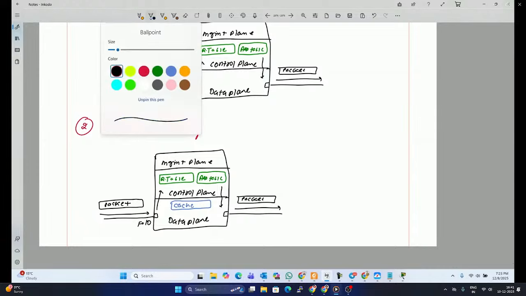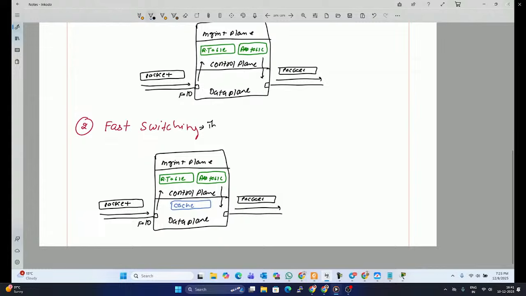So in the fast switching, we said that the first packet is process switched, and a cache entry will be